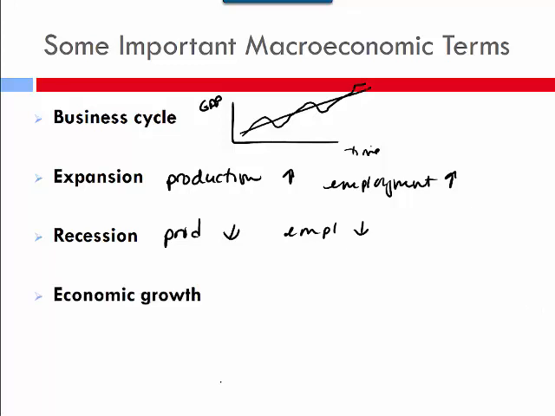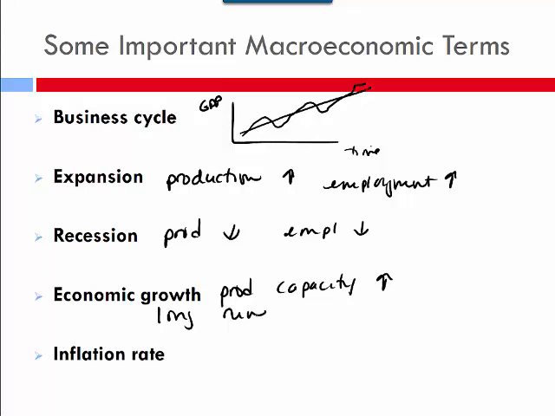Economic growth is not necessarily when our production goes up, hopefully it is, but when our production capacity goes up. What we're capable of producing goes up. That's what we mean in the long run. This is generally accomplished in a couple different ways. A big one is technology, but we'll spend a whole chapter talking about that, and the policies and the things that need to be in place to achieve that economic growth in the long run.